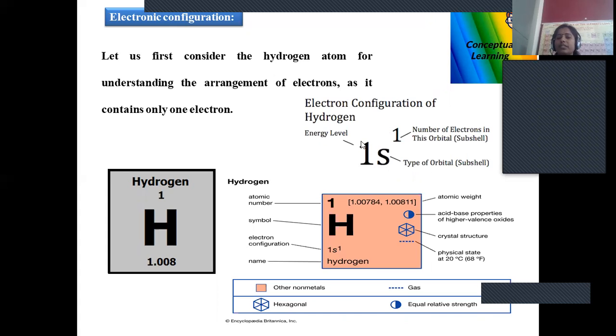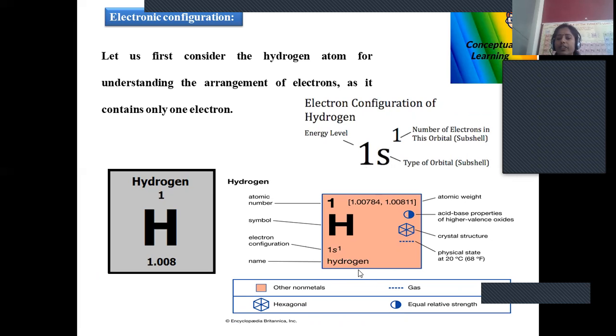So first we have to represent its main shell, called the principal quantum number, and a subshell, that is, which orbital it is filled in, and its number of electrons should be denoted as the superscript. Electrons distributed in the subshell can be represented in the superscript. 1s1 denotes what? In the 1s atomic orbital, we have only one electron, that is represented by 1 here, right? So a complete description is provided.